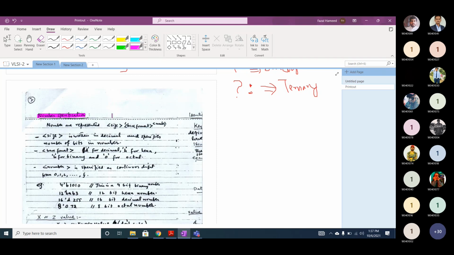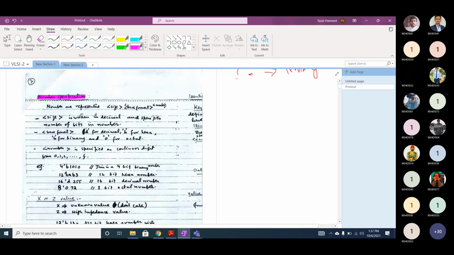You have to mention the size of each operand or signal. How do you specify this size in Verilog?